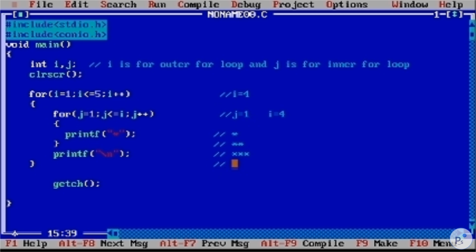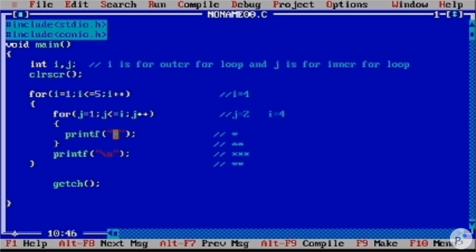Let me print that out, stars for 4 times. No, let me go step by step. We'll go up here, increment the value of j. The value of j is now 2. 2 is less than or equal to 4, condition is true. Print that star, it will execute 4 times because the value of i is 4.